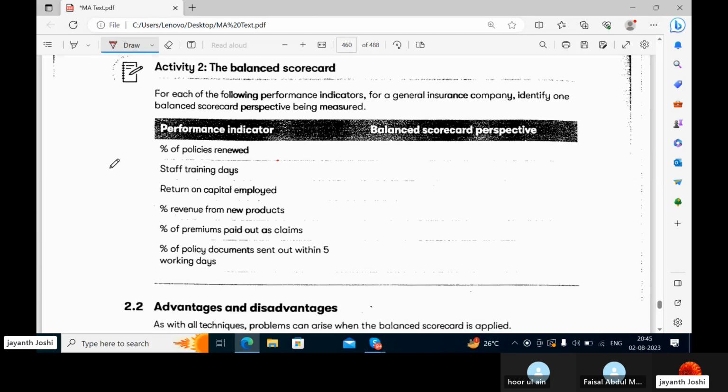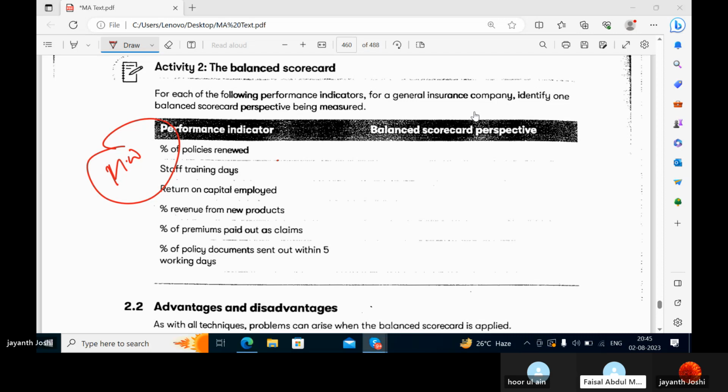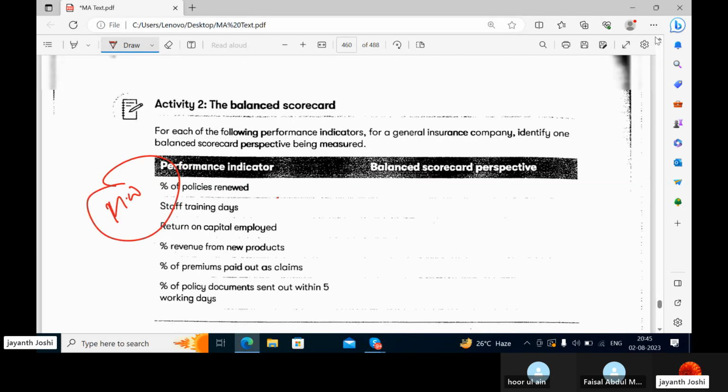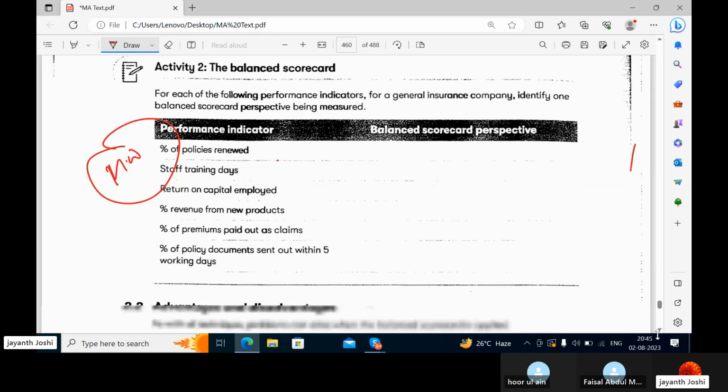Okay, so there is a question here on balanced scorecard. I want you to do this as homework after reading this, or if you want I can just explain this. What do you say? Do you want to do it as homework or shall I explain? Sir, can you explain it, sir? Yeah, explain it. So read this once. What is this saying? Come on, give me the answers for this.